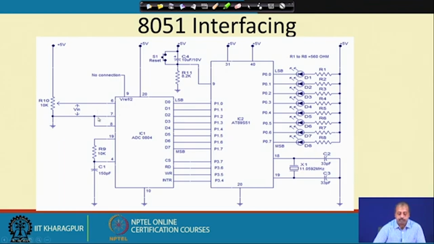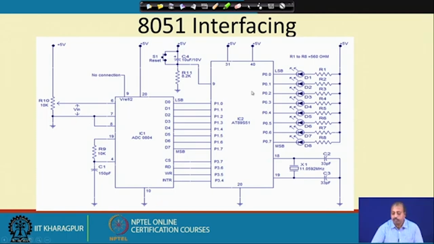Then this V in minus and this analog input ground, so analog ground, are shorted, and we have to connect a resistance and a capacitor here. This is required for the clock generation circuitry. So, internally it will generate the clock. So, this circuitry will do that. So, the VREF by 2 is not connected and supply voltage is 5 volt. So, that is the side we have got for this